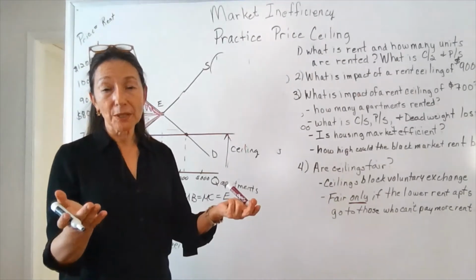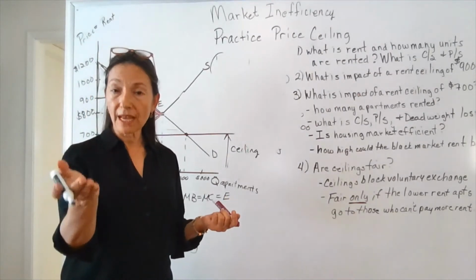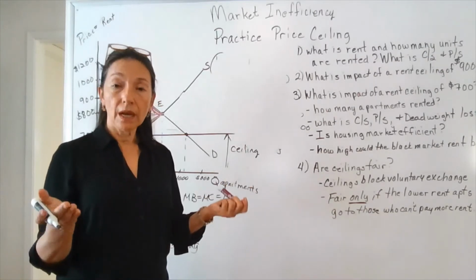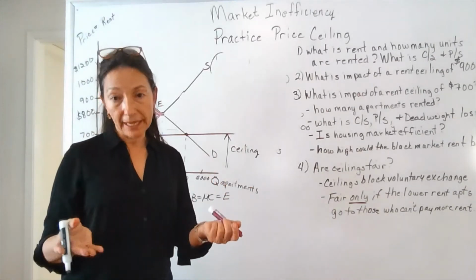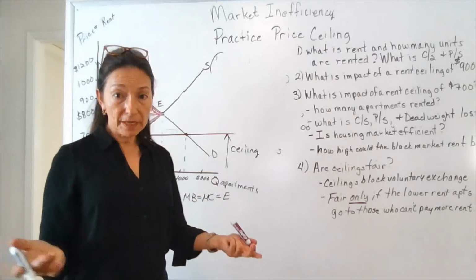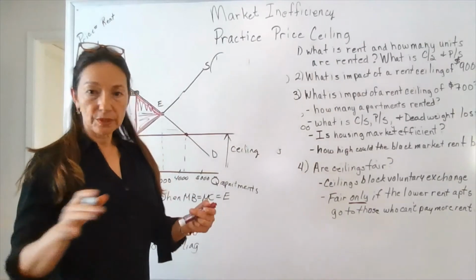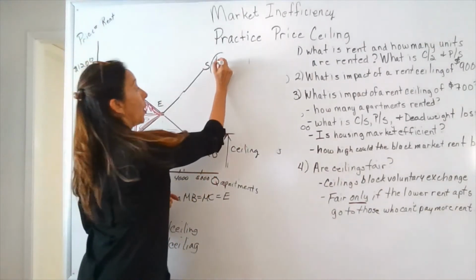Well, you would do this if you had to, perhaps if you were a lawyer, argue a strategy either for or against price ceilings, if you were trying to explain the inefficiencies created by a price ceiling and how it doesn't achieve equilibrium. There's all sorts of uses for this. Okay, so one half